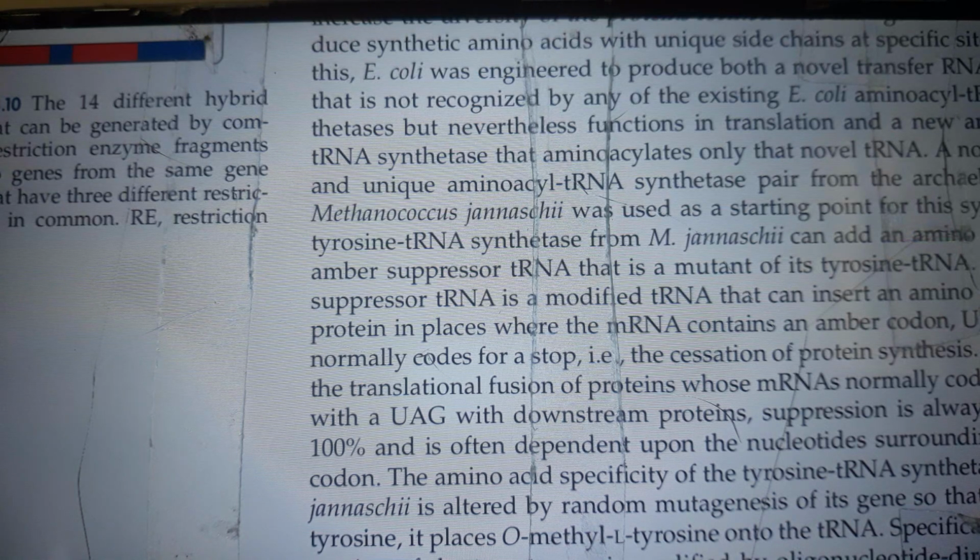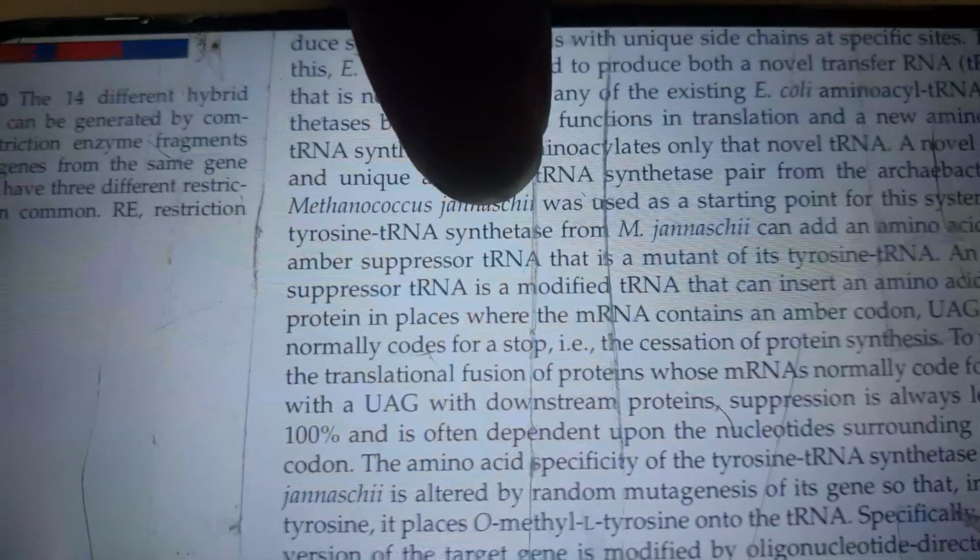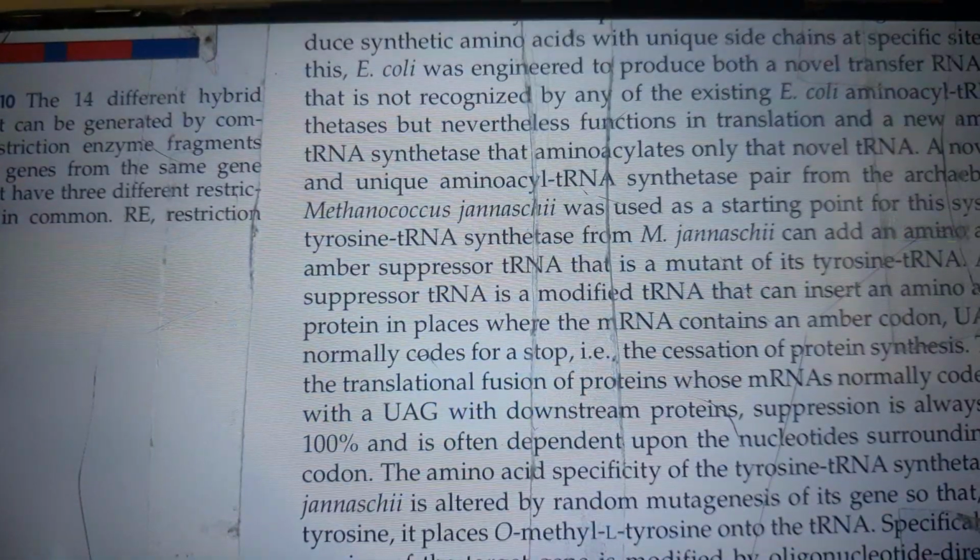The tyrosine tRNA synthetase from the archaebacterium Methanococcus jannaschii was used as a starting point for the system. The tyrosine tRNA synthetase from M. jannaschii can add an amino acid to an amber suppressor tRNA that is a mutant of its tyrosine tRNA. An amber suppressor tRNA is a modified tRNA that can insert an amino acid into a protein in places where the mRNA contains an amber codon,